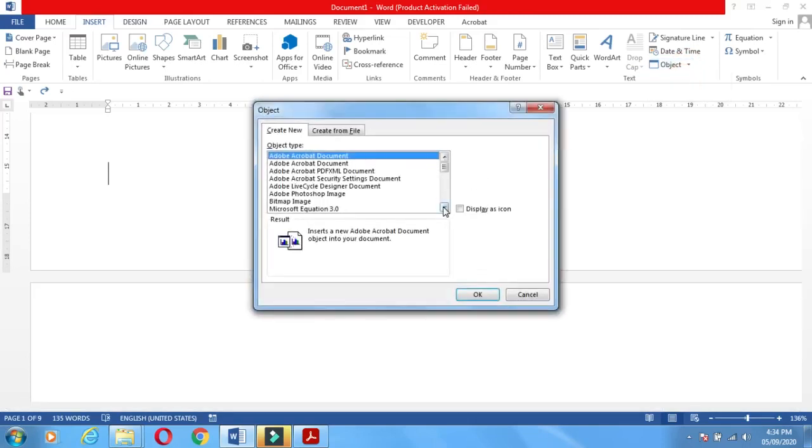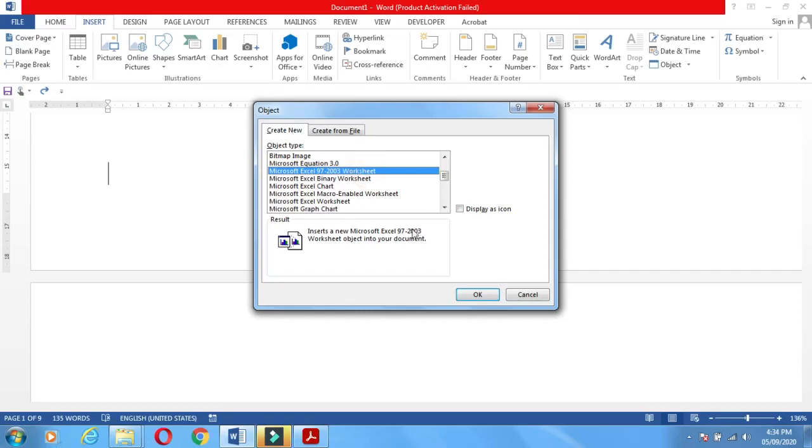Adobe Acrobat document means a PDF file we can insert. Adobe Photoshop image means a Photoshop image we can insert. The Microsoft Excel worksheet means here in the Word document we can insert a Microsoft Excel sheet. We just select this one and click OK.